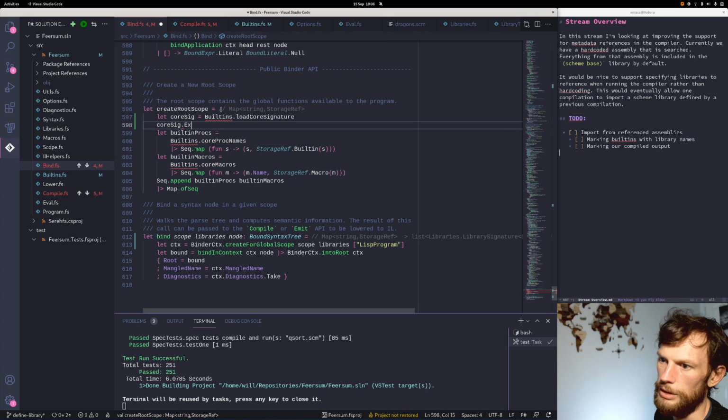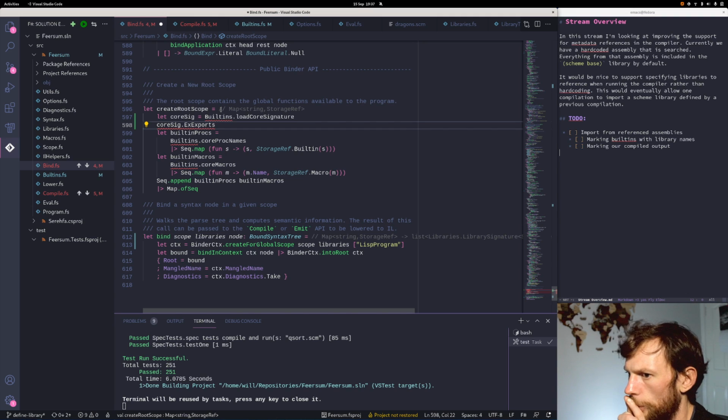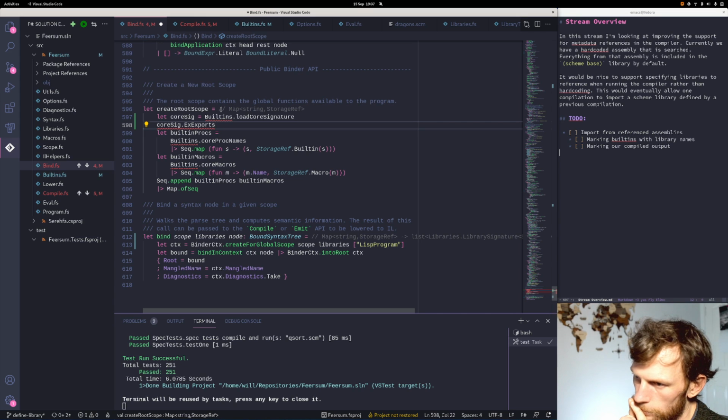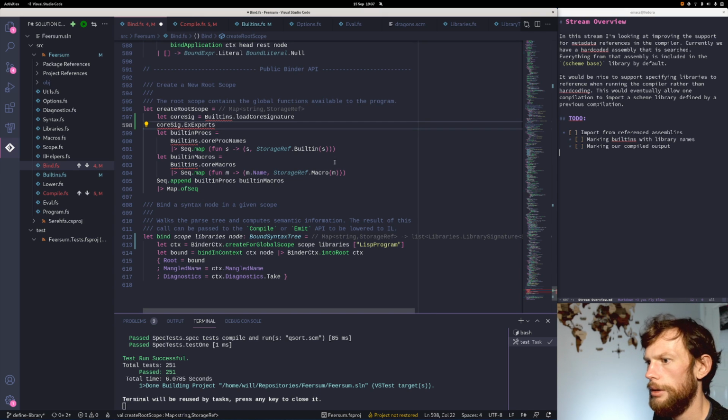I'm going to take the exports. Herein lies the problem. The binder no longer has access to the built-ins. How about instead